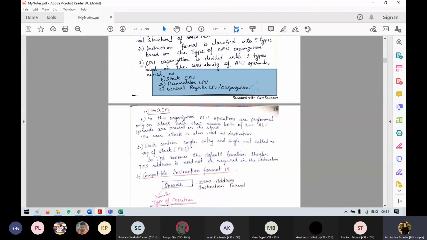That means both of the ALU operands are present in the stack. So when we say A comma B, both of them are present in the stack. When we say push A, A has to be present in the stack.